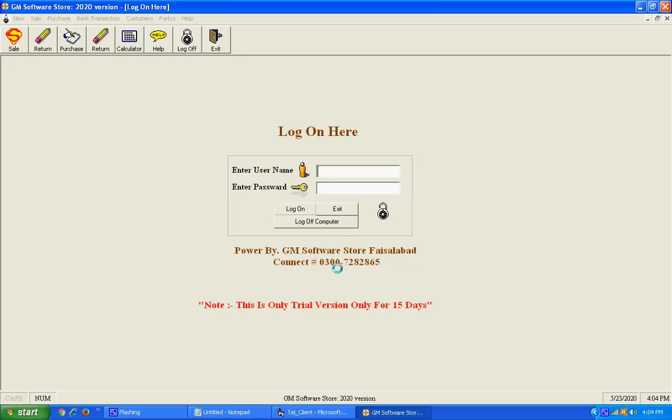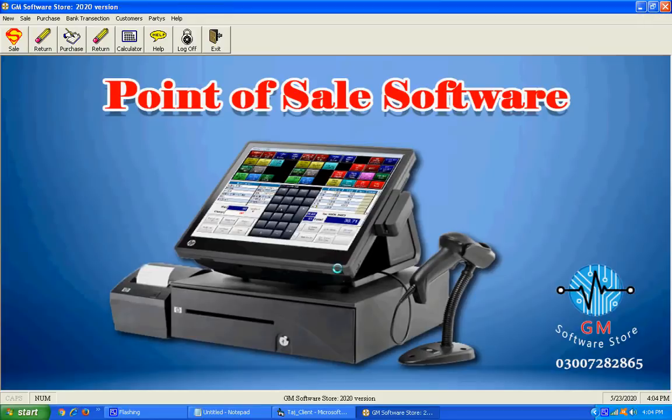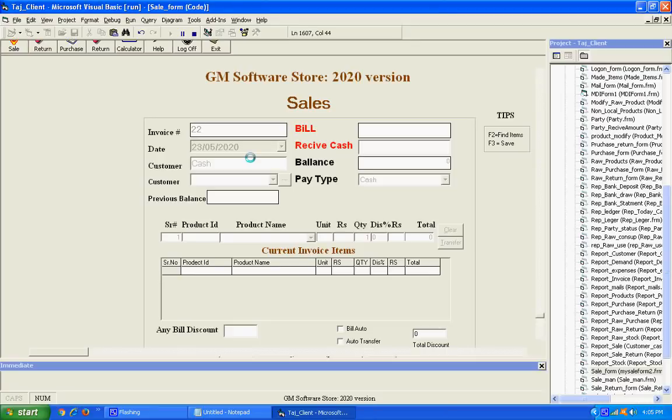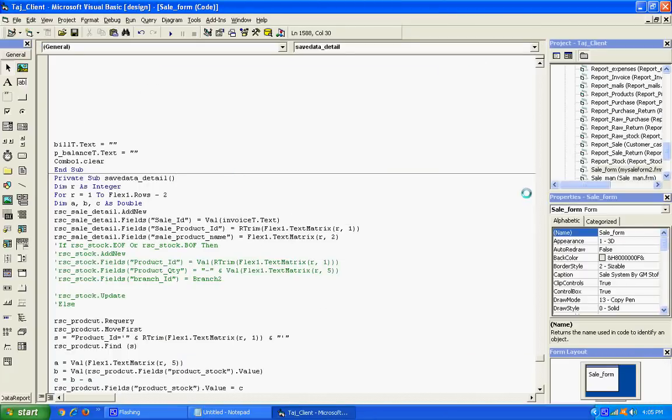Now I'm going to run my software in this CL form, new product, and going to transfer data and save. That's great. These fixes are working in sale return, purchase and purchase return also. Now I'm going to check all the system problems. Okay, now I'm going to check the issue in the sale return form.